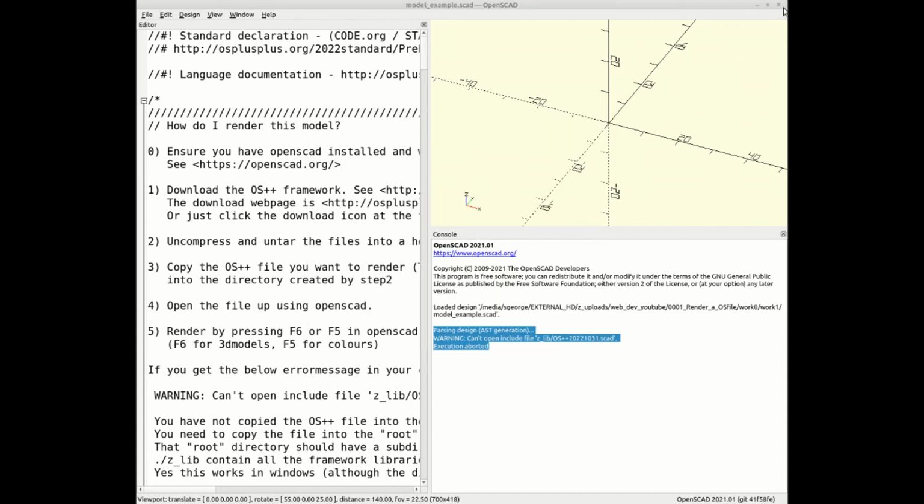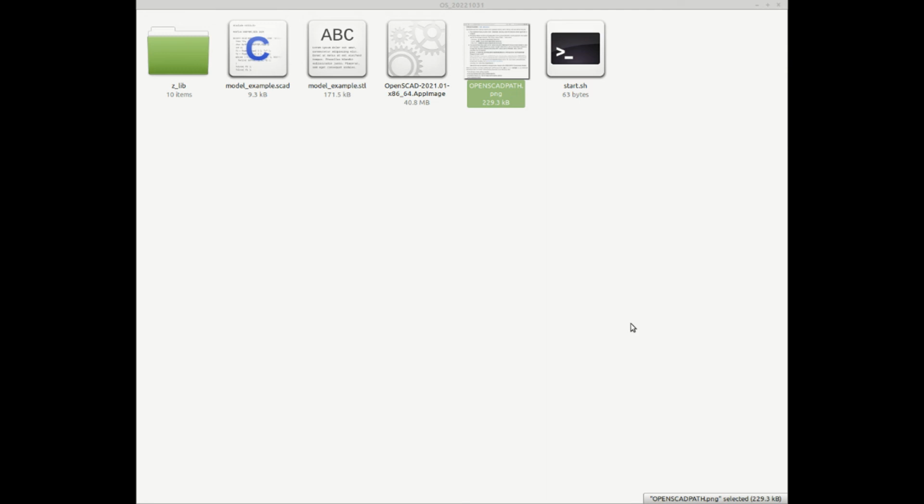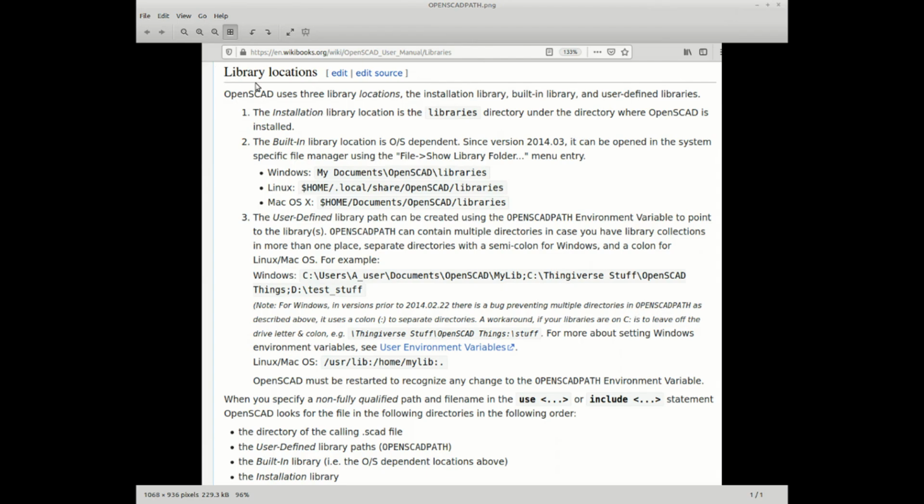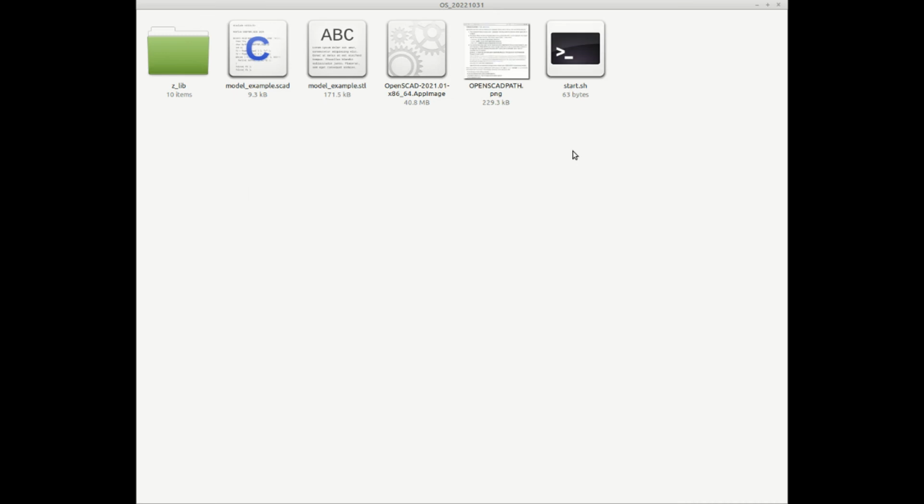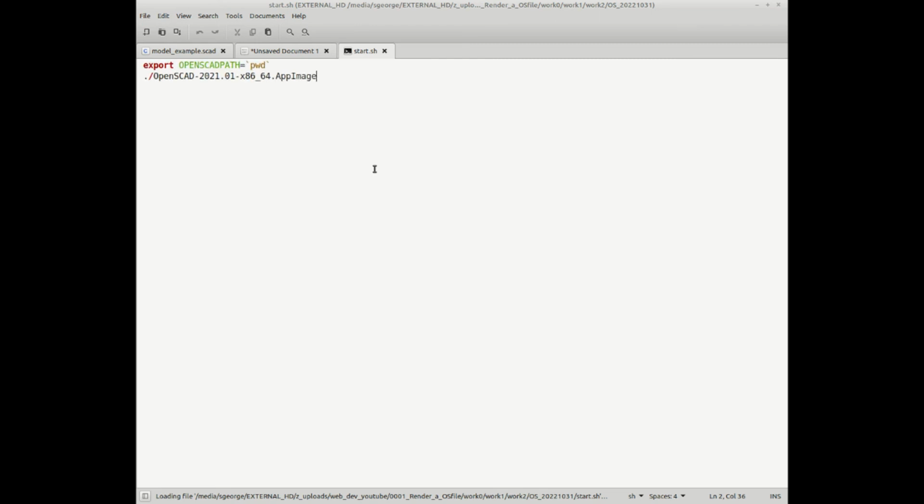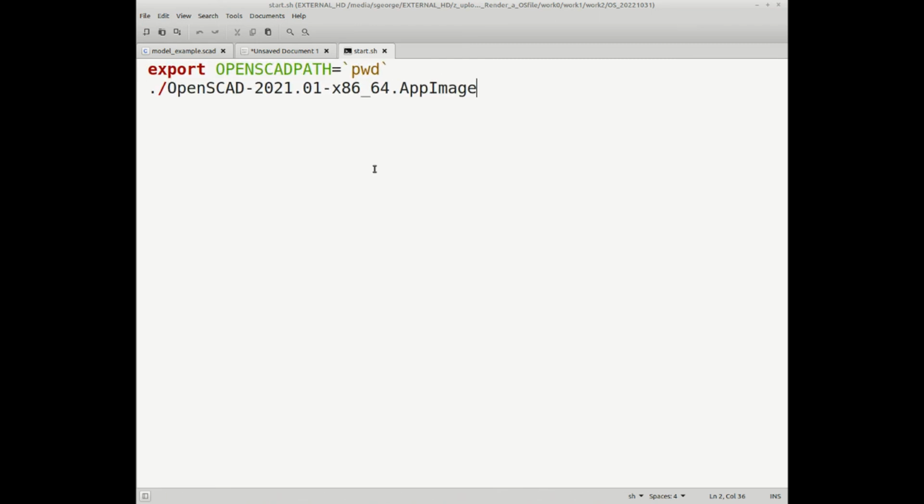So, what to do? Well, I went to the website and it explained all about library locations and how to get it working on Windows, Linux, or Mac. What I did was create this little shell program, and all it does is export the variable using the command pwd, and the output of pwd will simply give the current subdirectory I'm in. So basically it will make this variable whatever path I'm in at the time, and then run the app image. To prove it works,